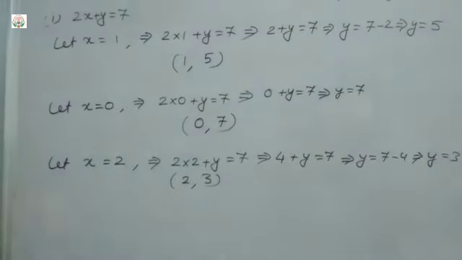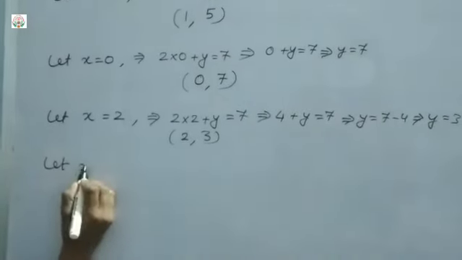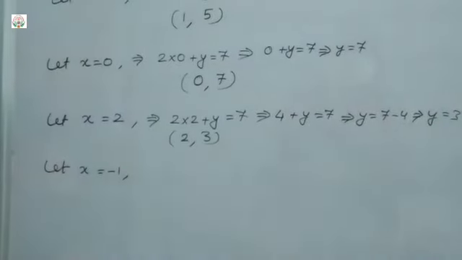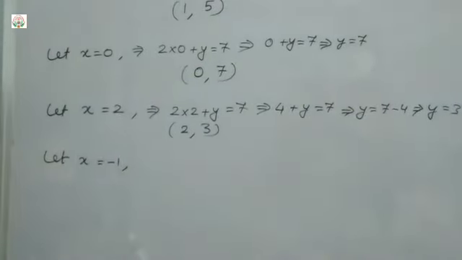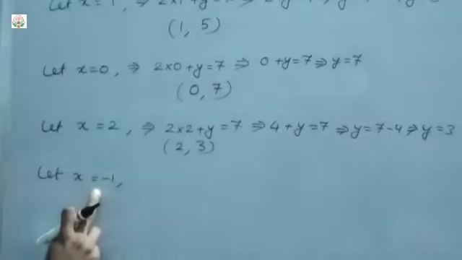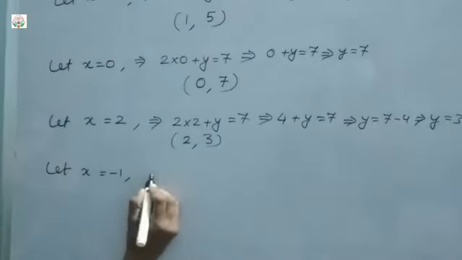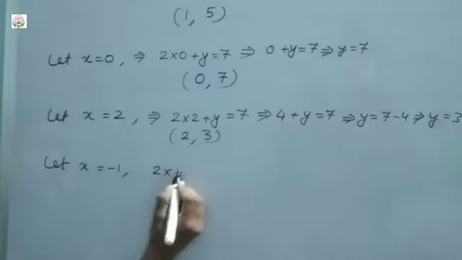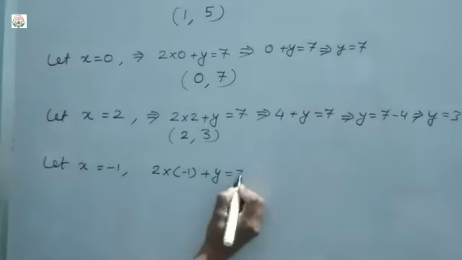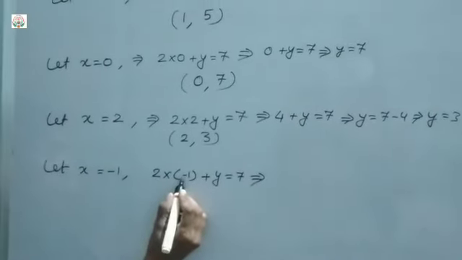Okay. Now let us take the reverse, that is, again a minus value we will take. That is, let x equal minus 1. When x is minus 1, what is the value of y? We will find in the same way: we will put in this linear equation the value of x as minus 1 to get the value of y. That is 2 into, what is the x value? Minus 1, plus y equals 7. This implies what? 2 into 1 will be 2, but the minus sign is there.